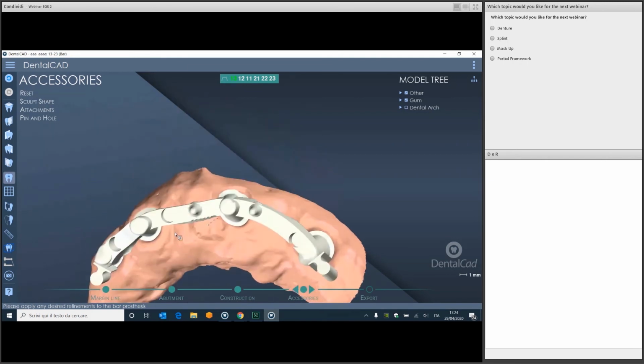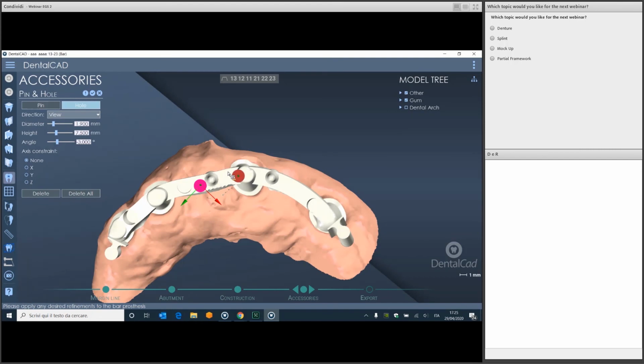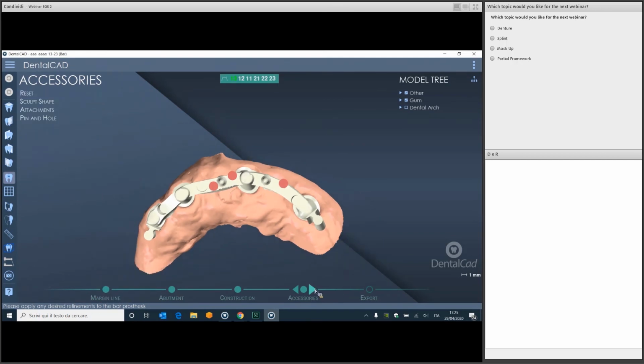I go ahead and I can put a pin, I can change the diameter, height or angle, and I can put a hole, in this case view direction, I go ahead